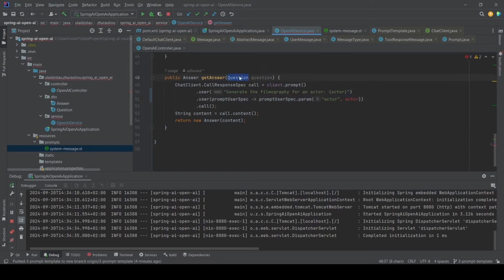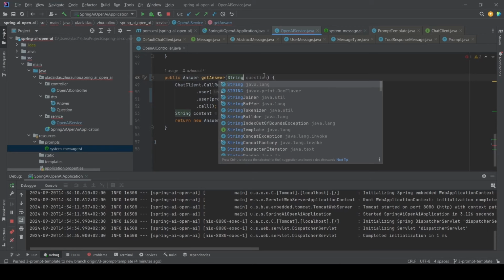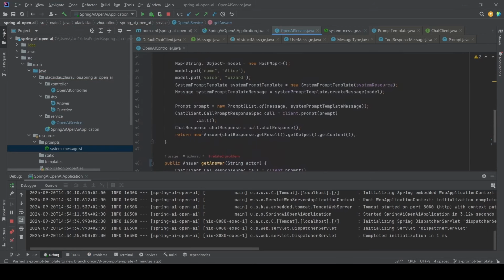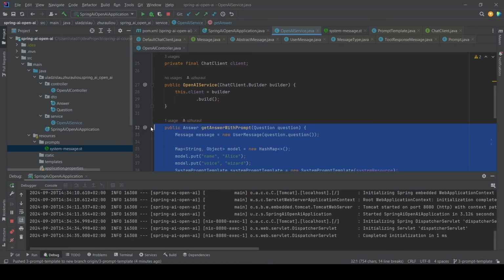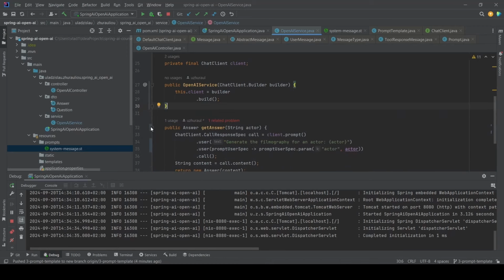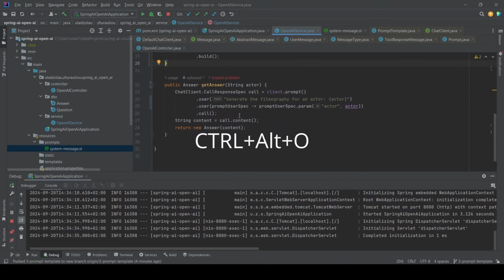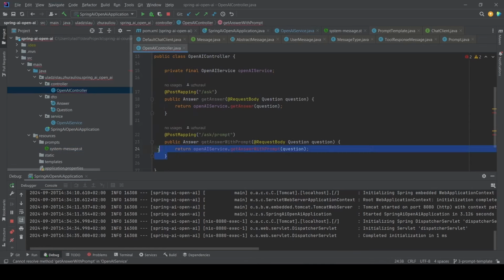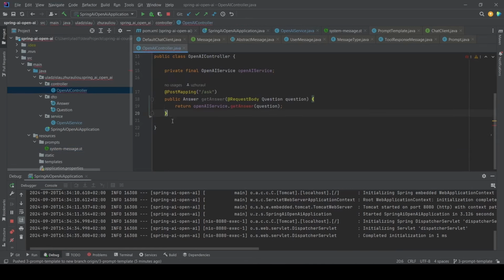Yeah, so the method will accept actor as a parameter. And we also don't need this method anymore, so we can remove it, remove imports. We should rename the method to get actor films, and we go to OpenAI controller, remove unused method,